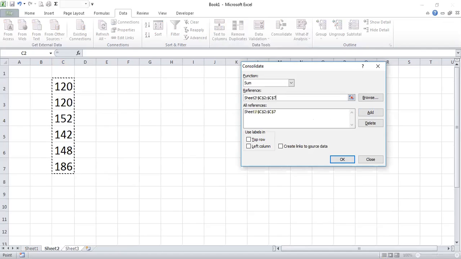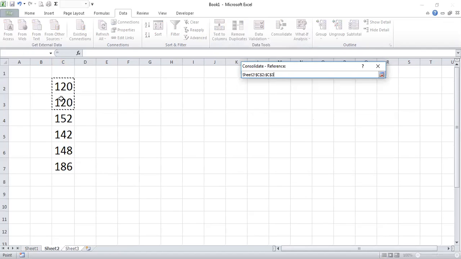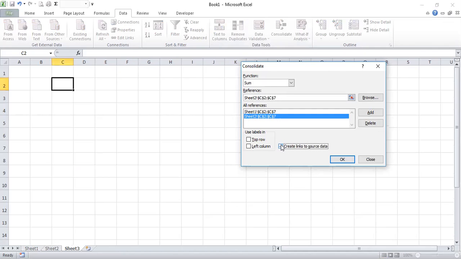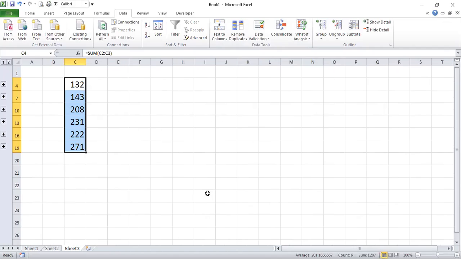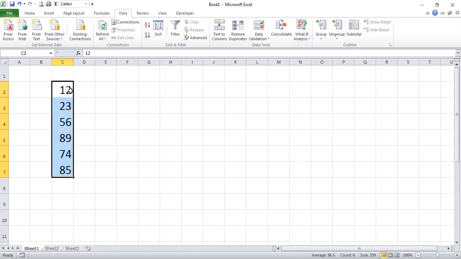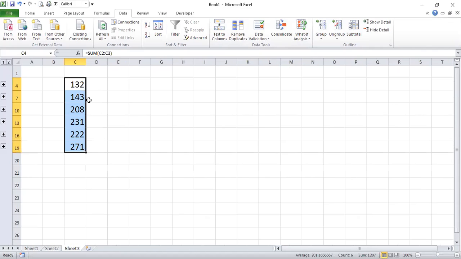Then go to sheet 2, select all the values, click add. Right, now sheet 1 के reference भी add हो गए, sheet 2 के भी हो गए. Then click link to source data and click OK. If you see, we'll get the sum of this and this in the third sheet.